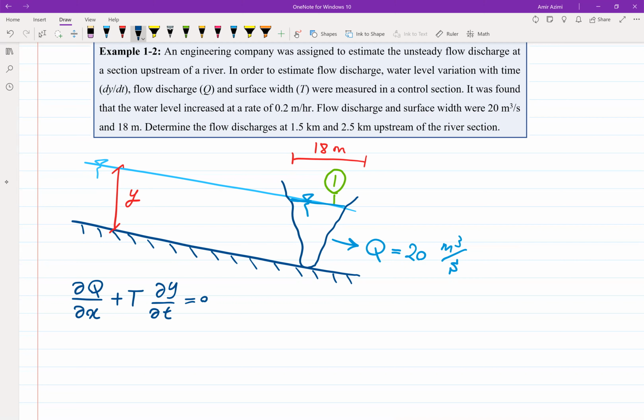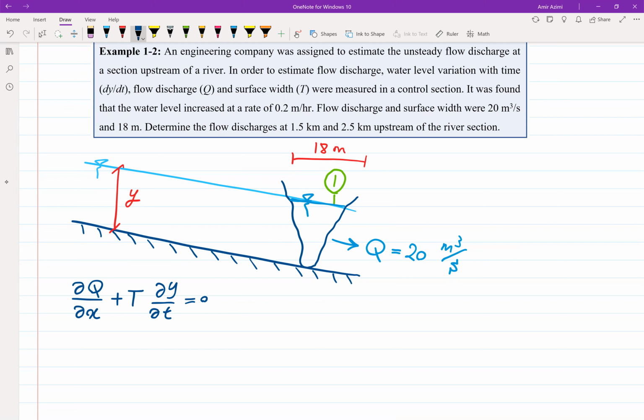Okay. So we have the rate of change of depth with time, and then we have the top surface, and then we have a change on discharge. So we have two different distances, and then it's a partial differential equation because we have two variables. We have distance and time. So if I replace the value, I can write here